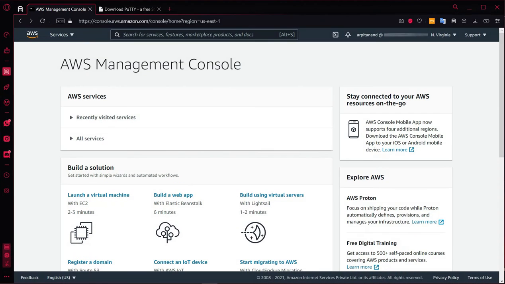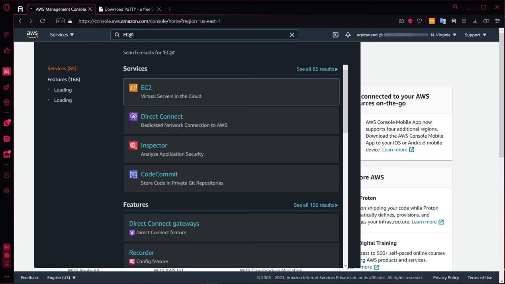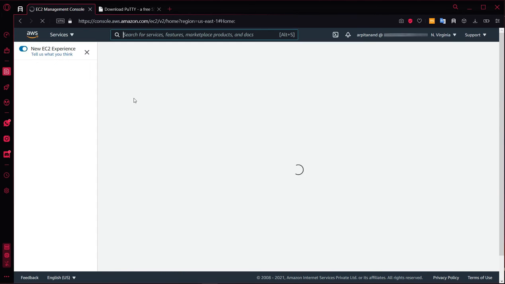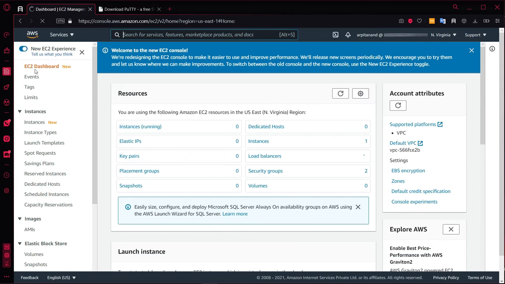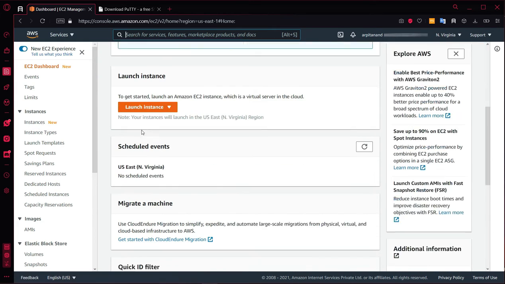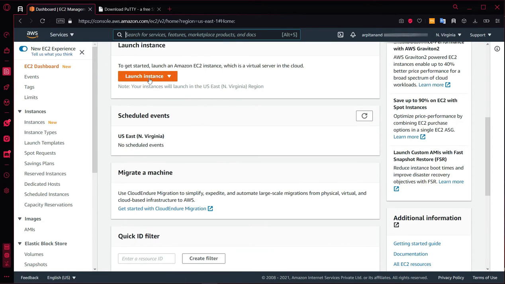So first of all, I will open my AWS management console, then search for EC2. Okay, so this is the EC2 console. This is the EC2 dashboard, and as you can see, I have 0 instances running. So first of all, we have to create an instance. So click on the launch instance,